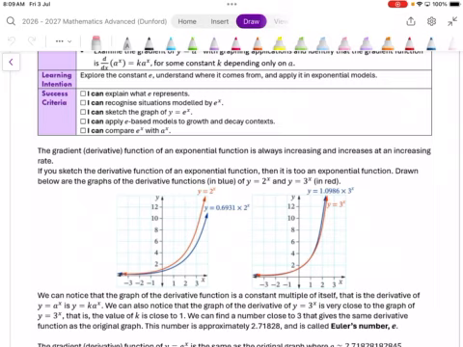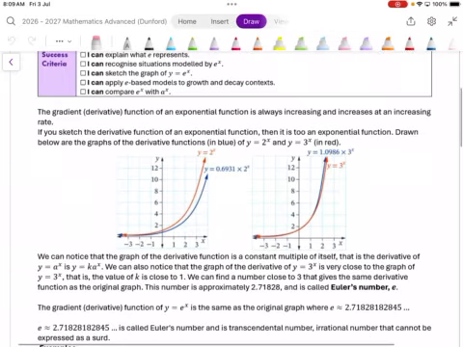And so below what we have is the graphs of the derivative functions in blue of y equals 2 to the power of x and y equals 3 to the power of x in red. We will look at the derivative of exponential functions when we touch differentiation later next term. For now, you just need to know that that's what they look like. What we can do is notice that the graph of the derivative function is a constant